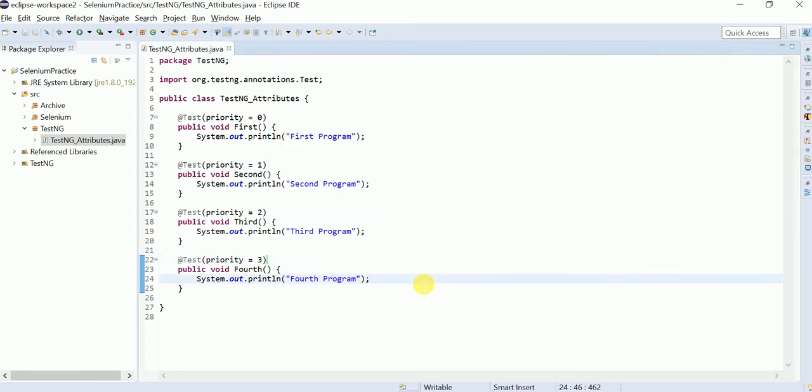So if you want to specify which order you want to execute, then you need to use the priority. Priority specifies which order I want to execute my scripts. Again I am telling you, the @Test method is one test case in our Selenium. Okay, that's fine. So next, similarly,